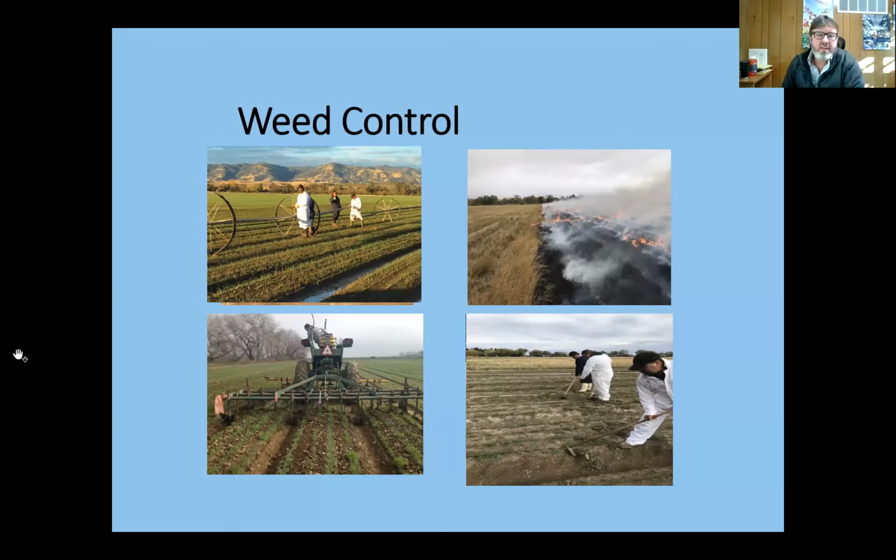Okay, so weed control is absolutely essential to produce high quality seed. And so we use lots and lots of different techniques to try to control the weeds. One of the things that we do prior to the fall planting is we irrigate up the fields. If you look at the photo on the upper left, you can see the guys there with a wheel line, and we irrigate up the fields, try and get the weeds to germinate first, and then we control the weeds before we plant. That's a very effective way to minimize the amount of weeds that are present.